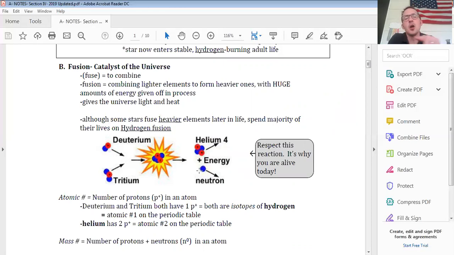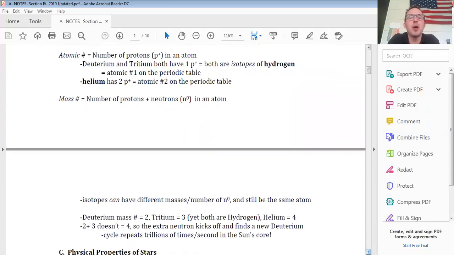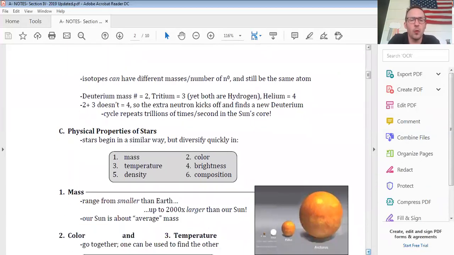So then this guy cruises around the core, finds another deuterium, smashes together to form a tritium, finds another deuterium, smashes together, forms a helium, on and on and on. This reaction is so prolific, I have read, this is insane, our sun loses anywhere from 20,000 up to 200,000 tons of mass every single second from this reaction. But our sun is massive enough, it's been doing it for 4.5 billion years, it has enough left in the tank to probably do it for another 4 billion more.